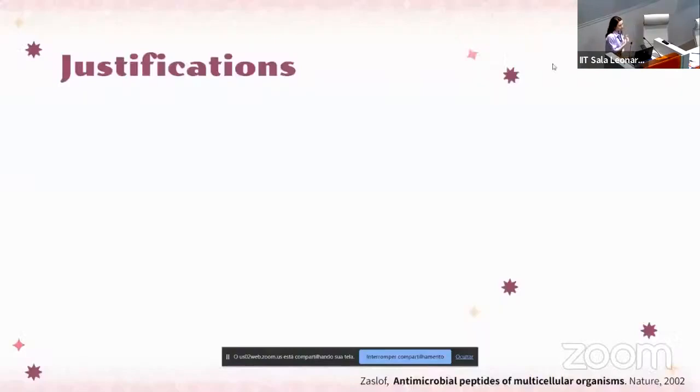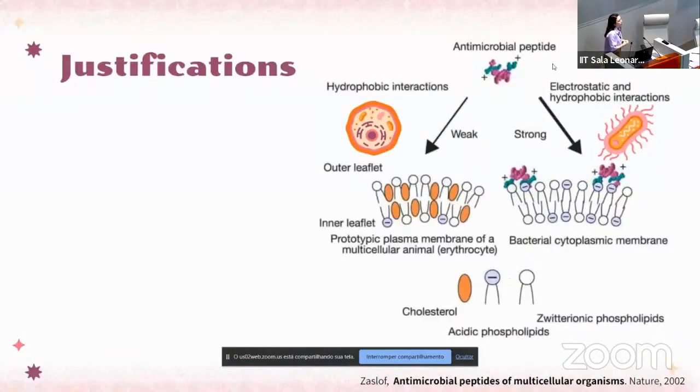So first, in the introduction, I want to talk about the system. That's the antimicrobial peptide. They overall have positive charge and are small polypeptide chains, around 50 amino acids maximum, and they have weak interaction with the eukaryotic cell because of the lipid